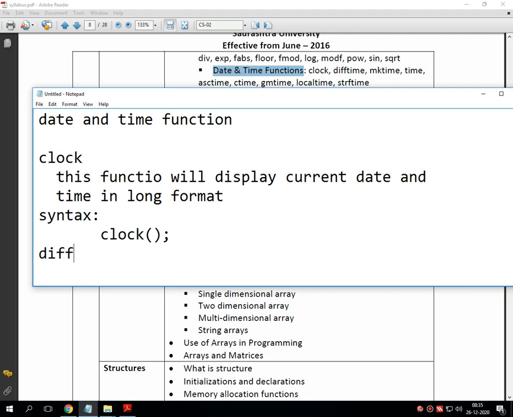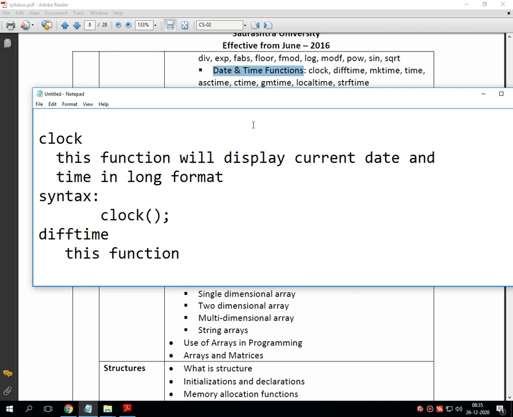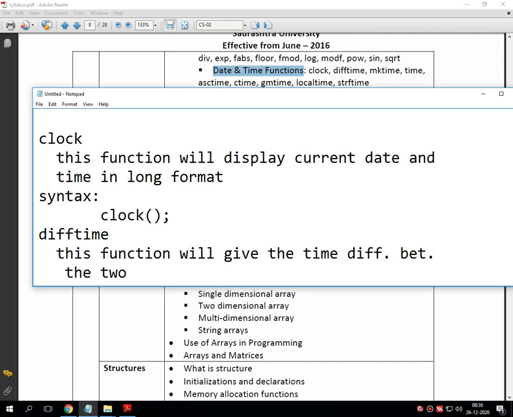Next is difftime. This function will give the time difference between the two given times.